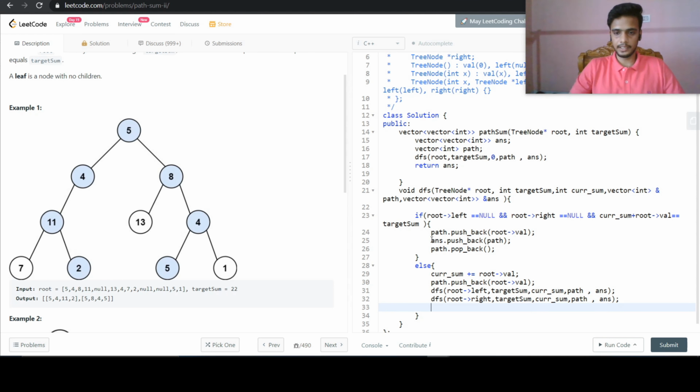And at the end we will do the same here also.